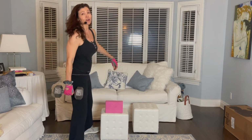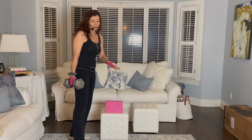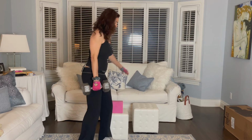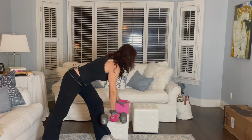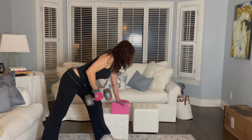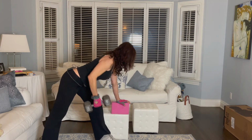Again, I like a nice strong back. It's my preference. You don't have to go, I mean, if you could use 8 pounds or 10 pounds, that's fantastic. Okay, fantastic. I've been doing this like 40 years. It's ridiculous. Okay, here we go. And 4, 5, 6,